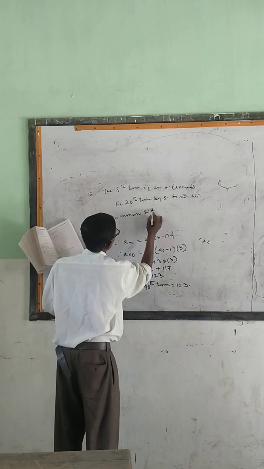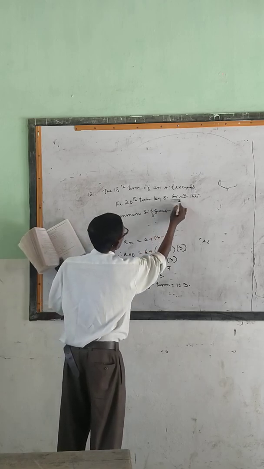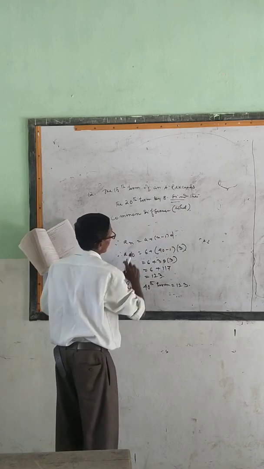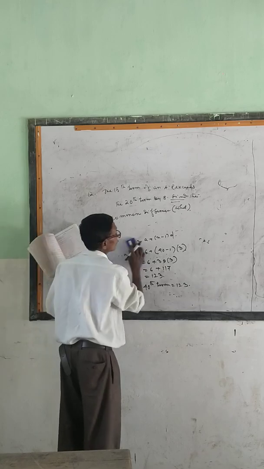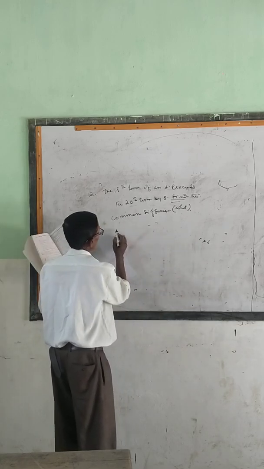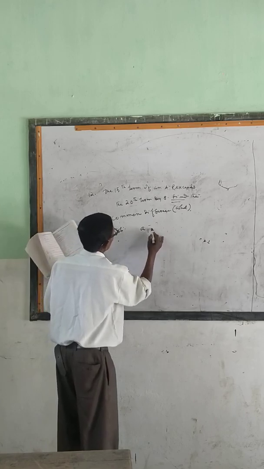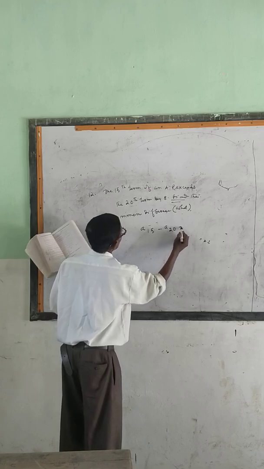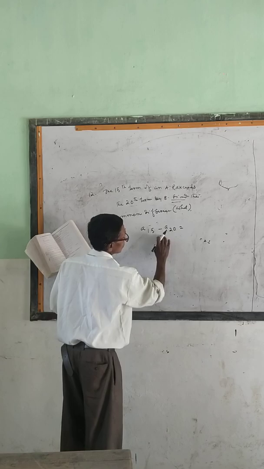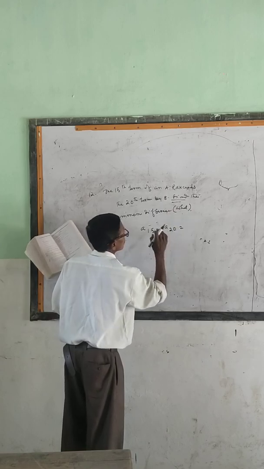Find the common difference. But for common difference, instead of find, let me say what. In that case, how to find, I am not going to solve for 1 mark, generally they used to ask. So find means you have to find out. Find, you have to solve. In case it is A15 minus A20 equal to something, there is no need of showing this problem. You have to solve it at the side. But find means you have to solve it.